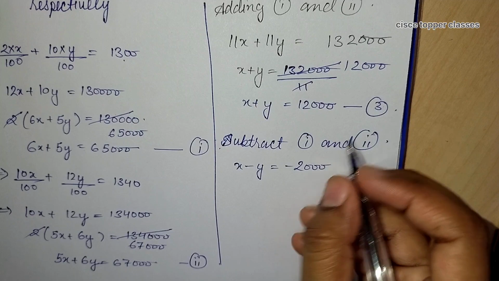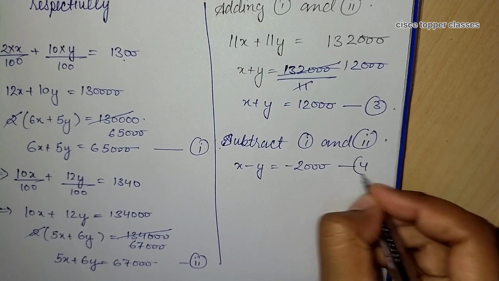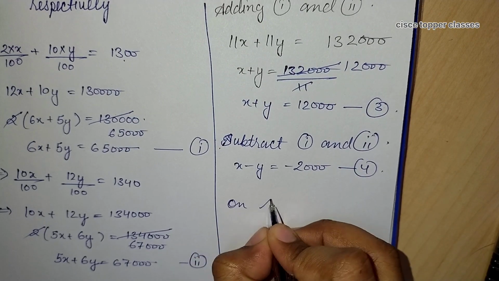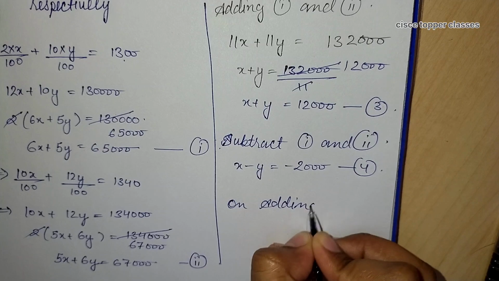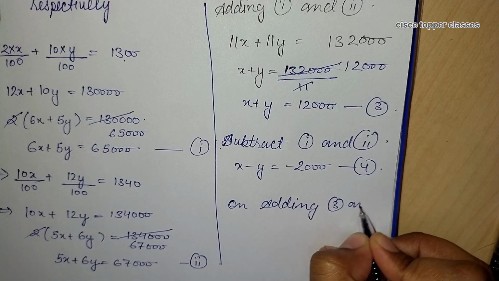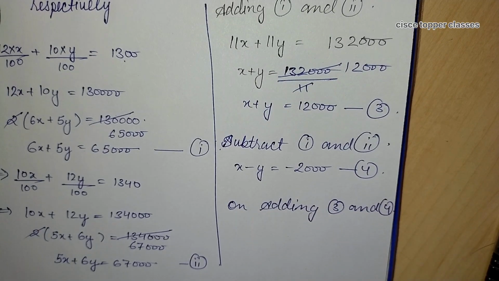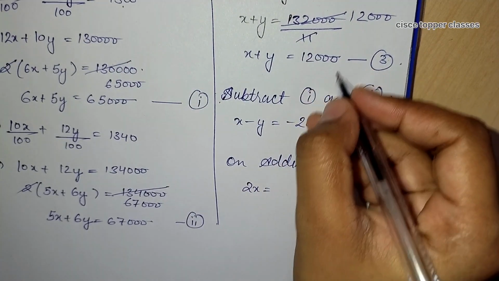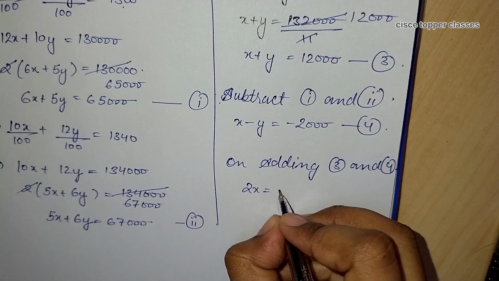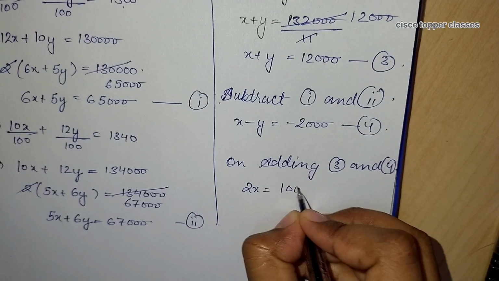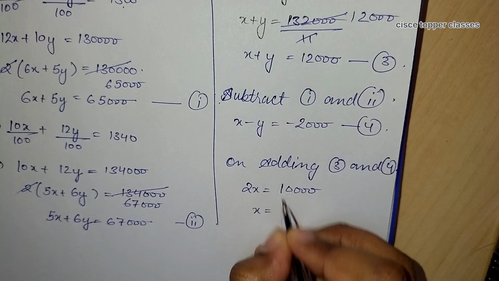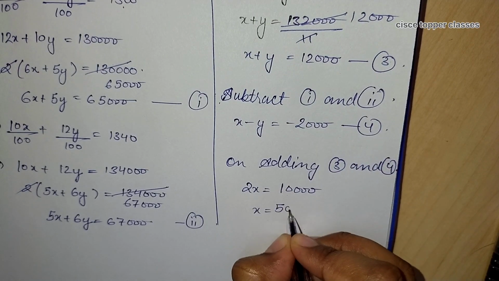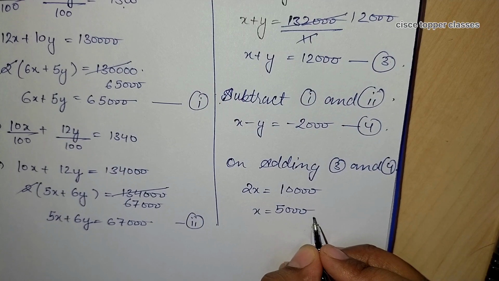Now we can simply add these equations, third and fourth. On adding third and fourth, y will be cancelled out. So here on solving, we will get 2x equal to 12,000 minus 2,000, so it will be 10,000. We will cancel out this part, and here we will get 5,000 as the first amount which he invested